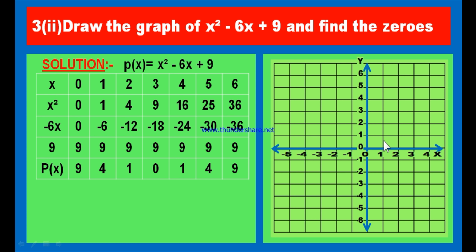on this graph sheet. First of all, the first point is x is equal to 0 and y is equal to 9. You can consider p of x as y. x is equal to 0, y is equal to 9. You can find 0 on x-axis here and y is plus 9. These are 1, 2, 3, 4, 5, 6 and this is 7. It will be 8 and there may be 9 here. In your graph sheet you can find 9, but here for me I could not find 9, therefore I left that point, but you can represent that point also, (0, 9). You may keep the point here.